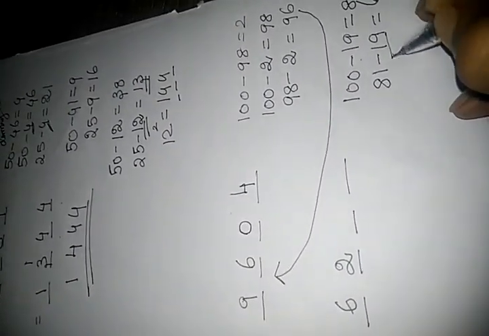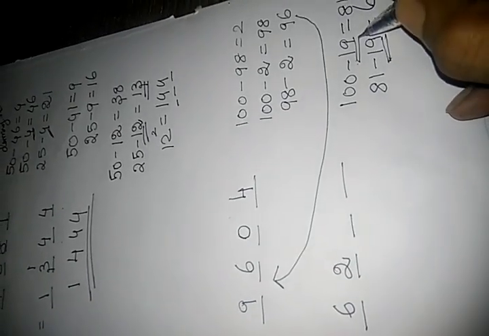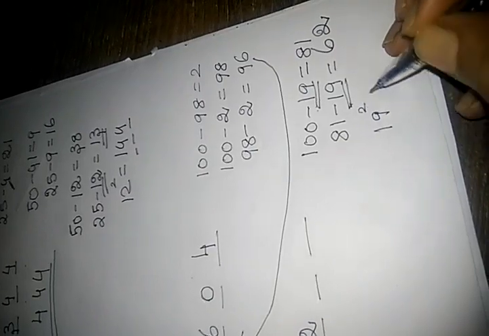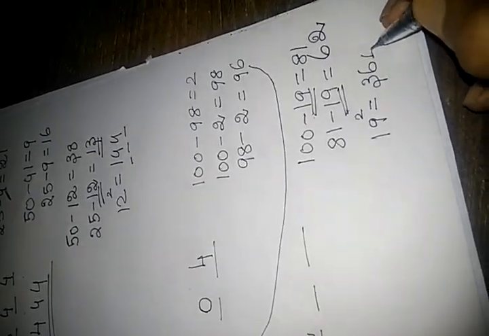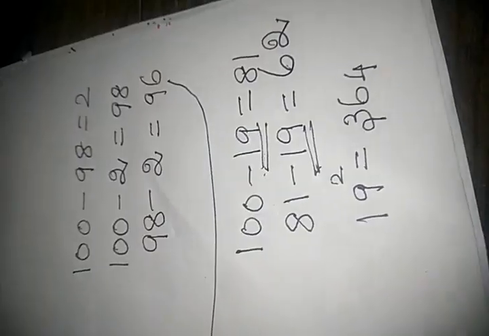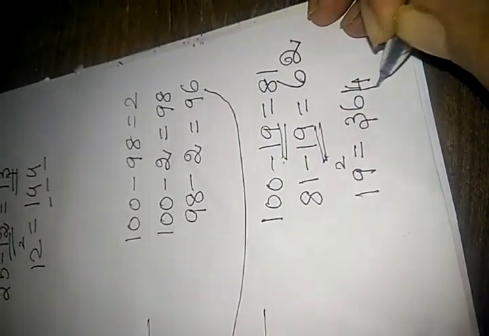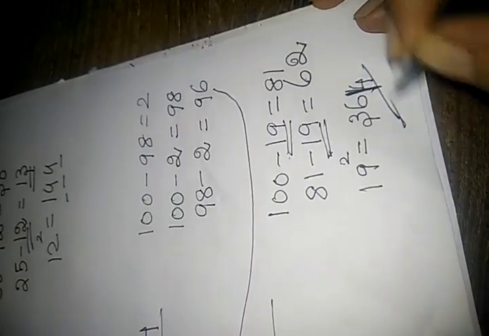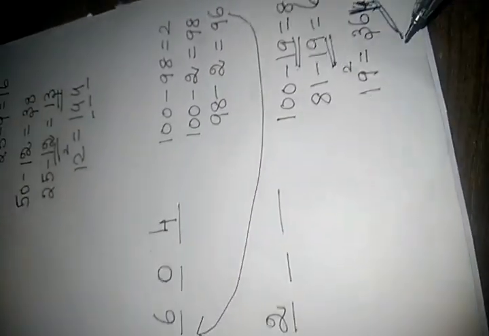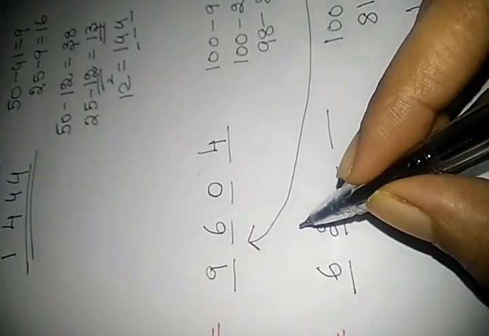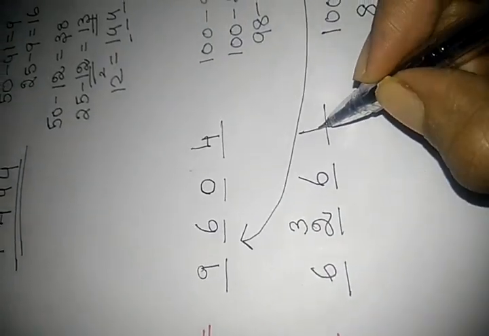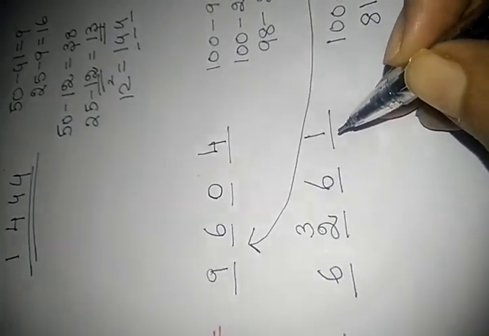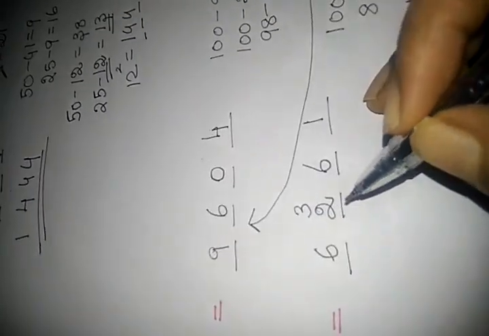And what is the dummy number here? It is a 2-digit dummy number, that is 19 square. That's why I told you to learn up to 25 square. 19 square is 361. It is 361, not 364. This 361 is to be written over here like this. The 61 is to be written in the last two places. The excess 3 is to be carried forward.